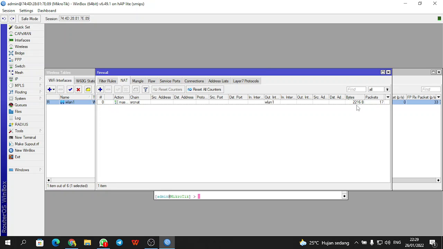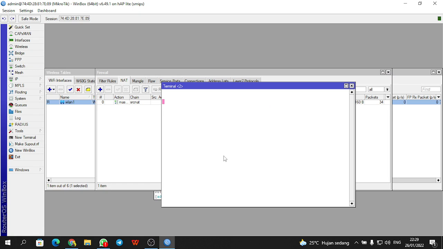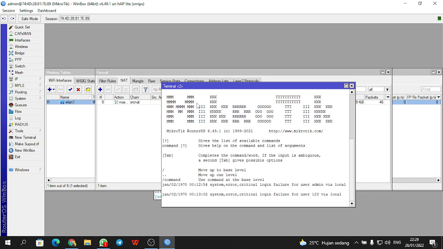For testing, we ping google.com or the Google IP. We can select new terminal. We can open it. The admin password is 123.